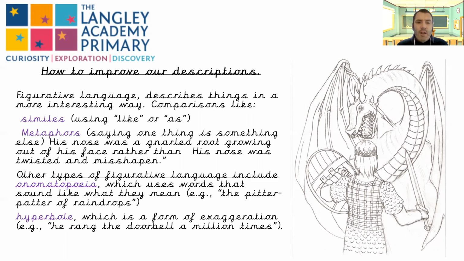Hyperbole, a form of exaggeration. So we're going really big. So he rang the doorbell 1 million times. It's not possible to ring a doorbell 1 million times, but it gives you the idea that you're banging on that doorbell over and over and over again to get someone's attention. So you could have the knight struck 1,000 blows. It's unlikely he would have done, but it gives you the idea that he's bashing away trying to beat this dragon. You could have the dragon returned, biting hundreds of times at the shield and the sword, trying to disarm